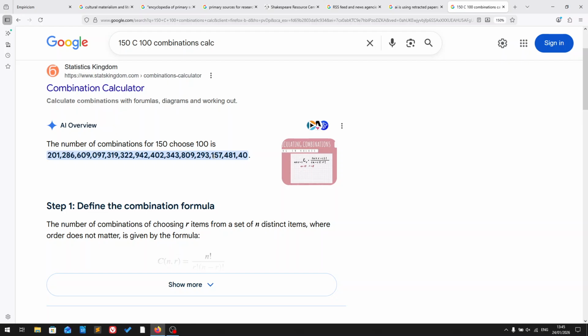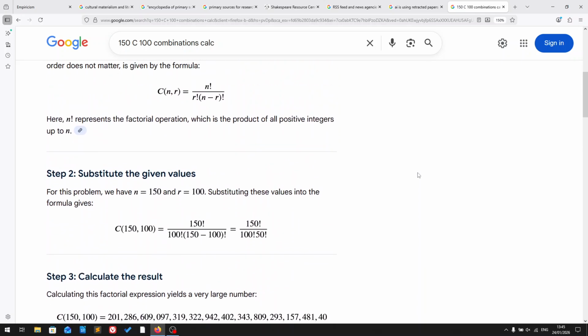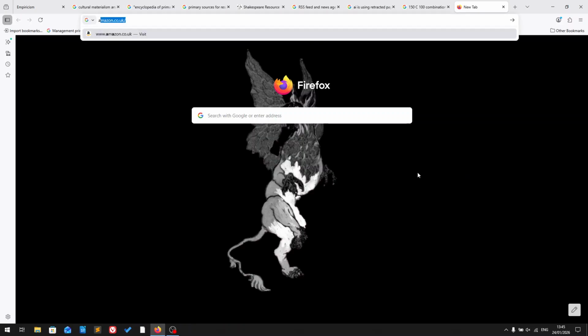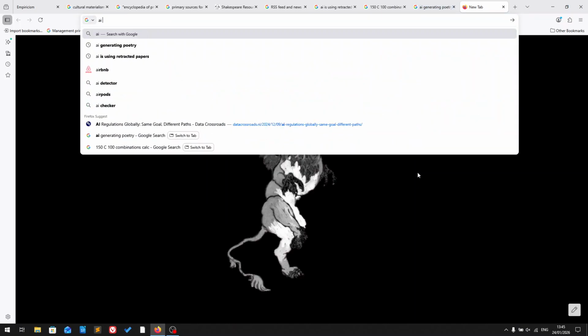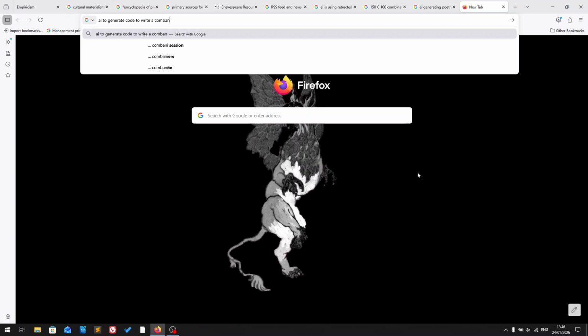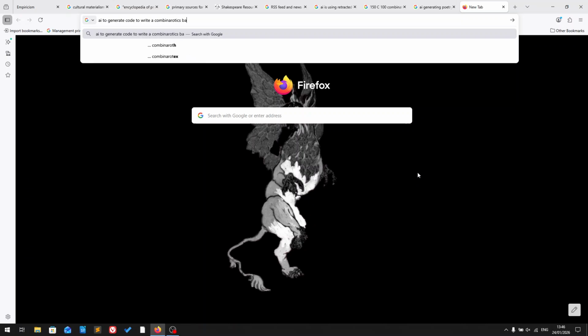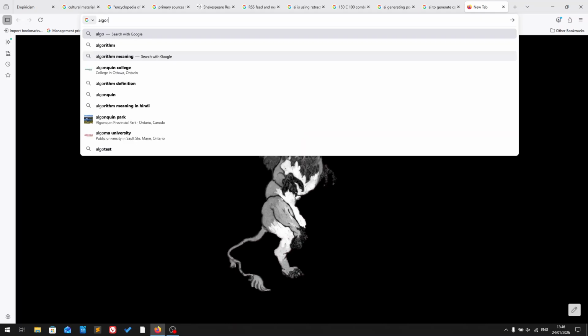The number of combinations for 150 choose 100 is this one. So you probably know about this. I'm talking about how to generate poetry using software programs, AI generating poetry. You could ask AI to generate code to write a combinatoric spaced poetry generator. There's something called algorithmic thinking and things like that, and I don't want to get into those